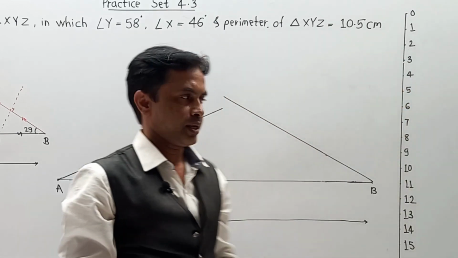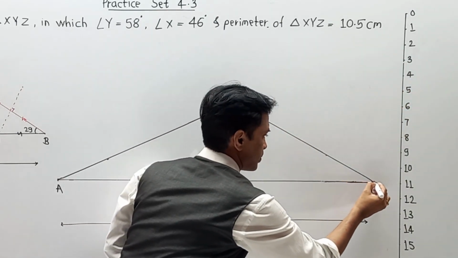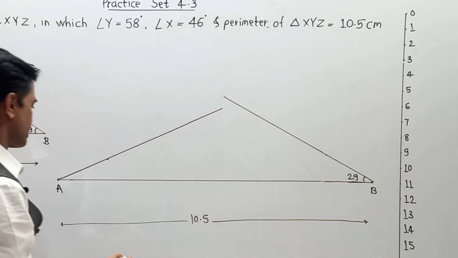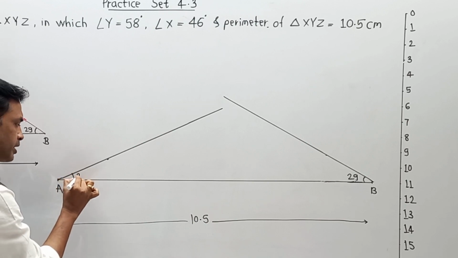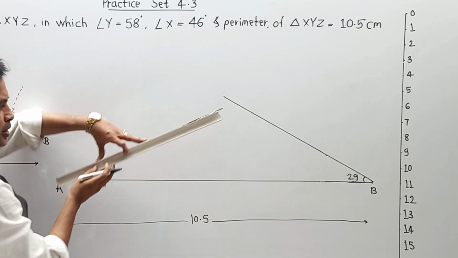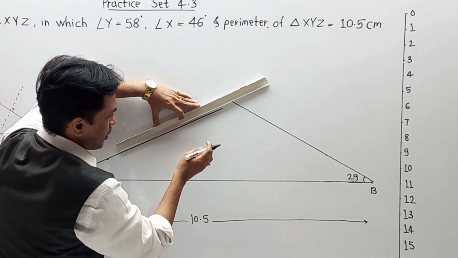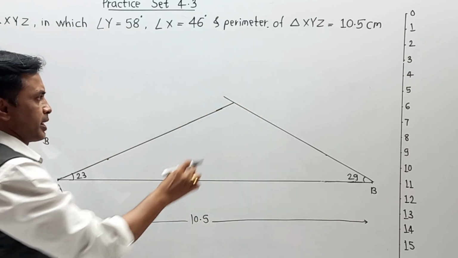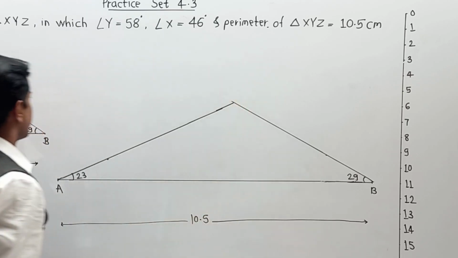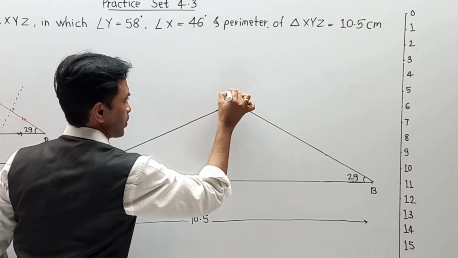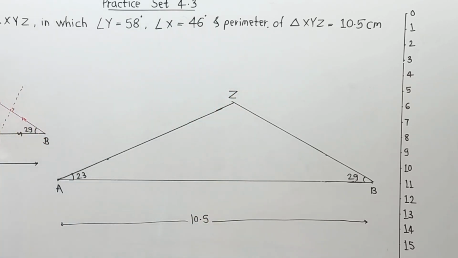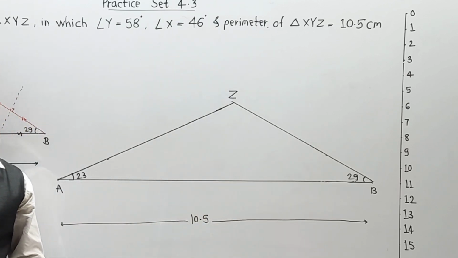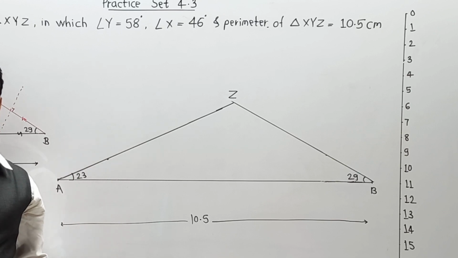So remember, your angle B is now 29 degrees and respective angle A is 23 degrees. Both get joined together at one particular point which is over here. And naturally your new point will arise over here and that is nothing but your respective point Z over here. Again remember, either AZ or BZ is not a part of your diagram. These are nothing but the extra part that we have drawn.